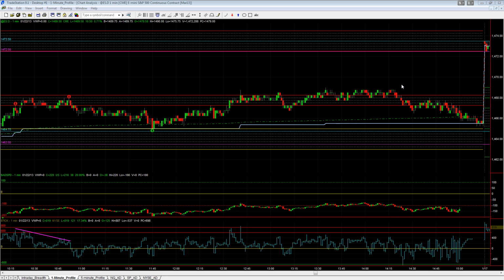So our bias was really to the long side, and really the only trades we were considering Thursday morning were on the long side. So we were not looking for shorts at all. And as part of the trade plan, it also mentioned that we have some recent swing highs from the Globex session in the 1470 quarter to 71 half range.